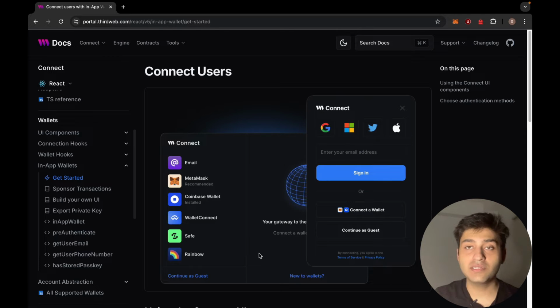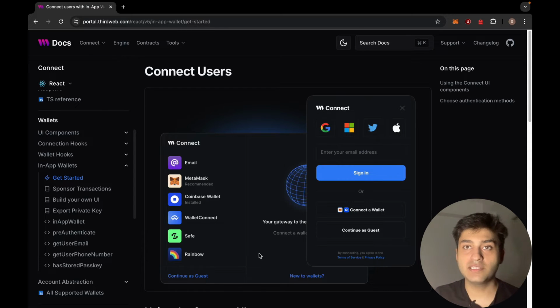So the process itself is extremely straightforward and simple, because the application that the user is using creates the embedded wallet for the user as soon as they sign in, and that embedded wallet is, you can say, attached to the social login email ID or the passkey that the user is using, which makes it extremely simple for people to use your applications. Now Thirdweb makes